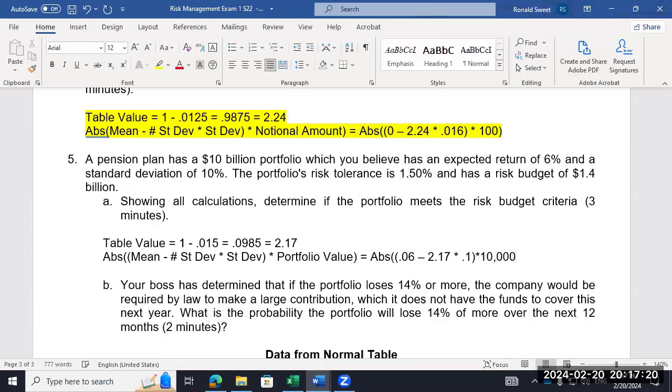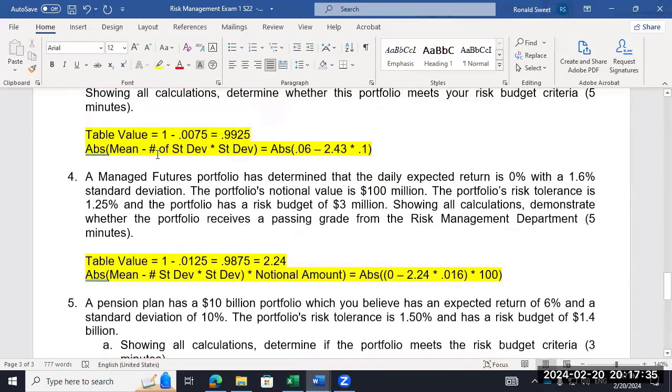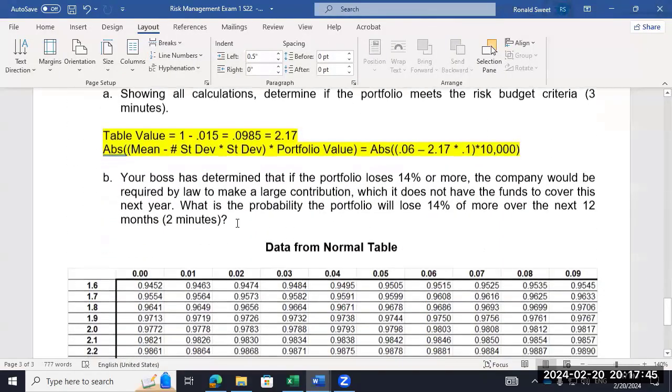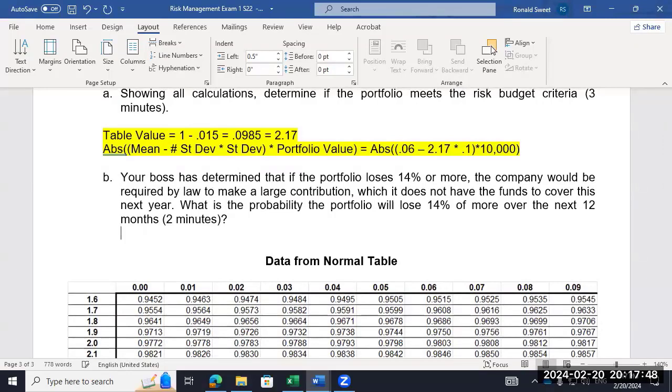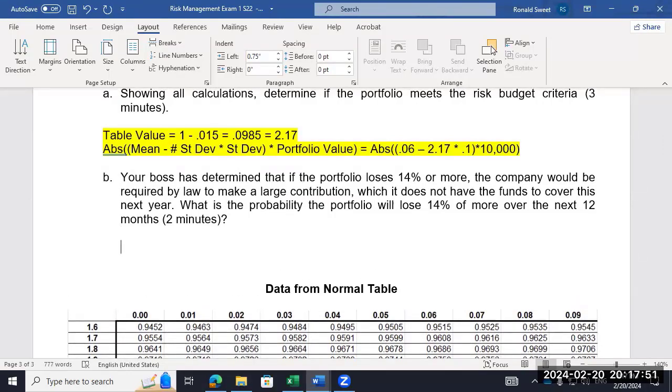You might do it in millions. And you'll compare that to the budget. The budget was in dollars. So if it's in dollars, you're going to have to multiply that by the dollars. So really easy. The three questions, the same questions. You just got to know whether you're in dollars or percents, but it's the same formula 3 times. So that one should be really straightforward. And then this last one, I don't know what I'll give you on this last one. I change it every time. The others are going to be real similar to that, but the key here is someone says, hey, what's our probability of hitting X?